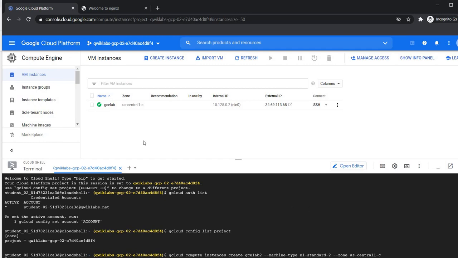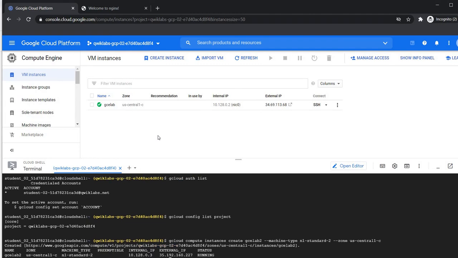as we filled in for the first GC lab also. So after 1 minute, we have created another. Here we go: gclab2, us-central1-c, and all these things.